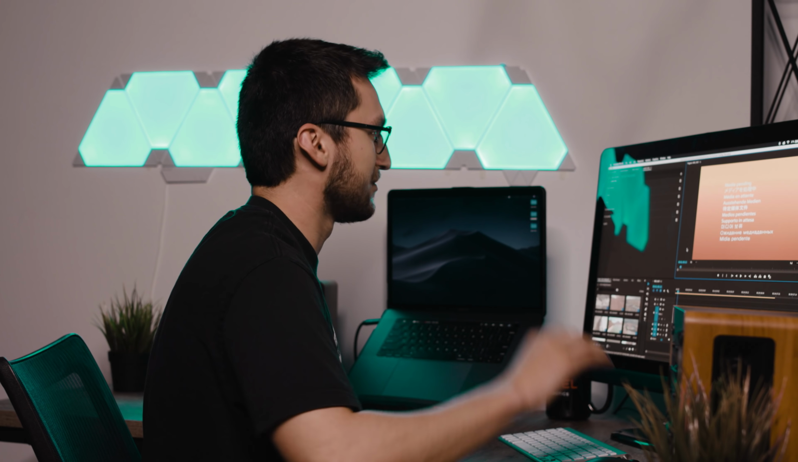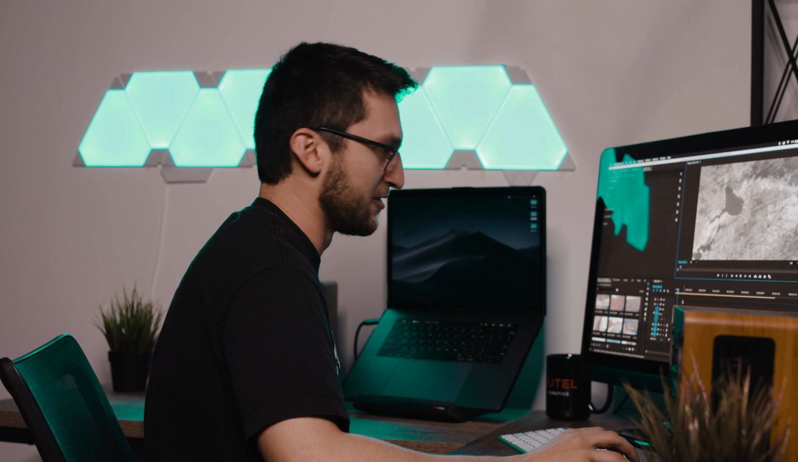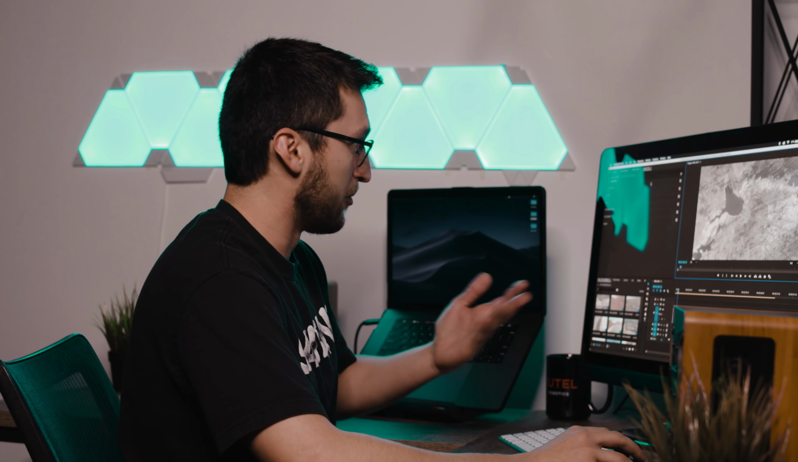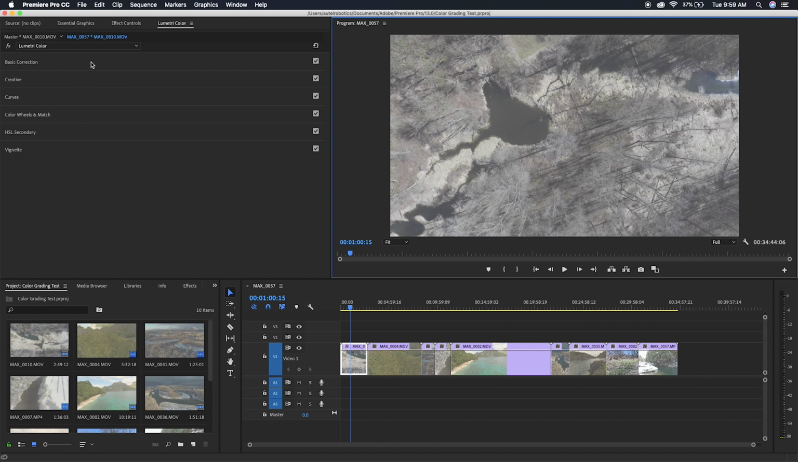Final Cut 10 is great. It's a wonderful tool. I just don't like magnetic timelines. Okay, so now that I reopened it with those imported into the Finder section, if we go under Lumetri Color